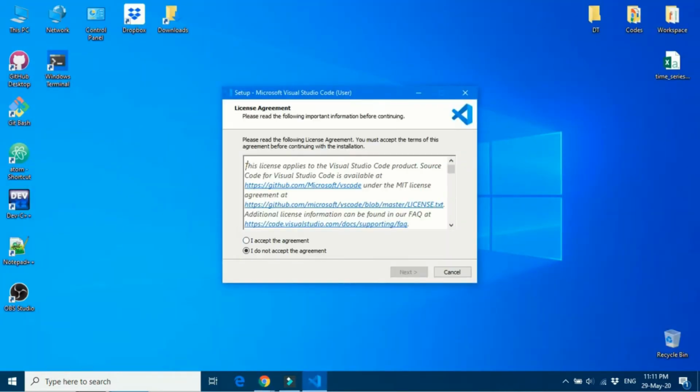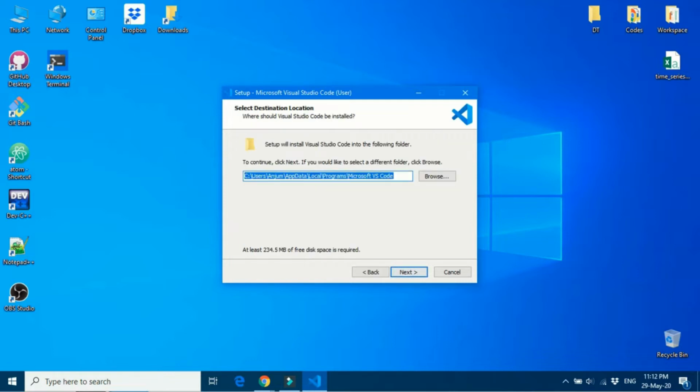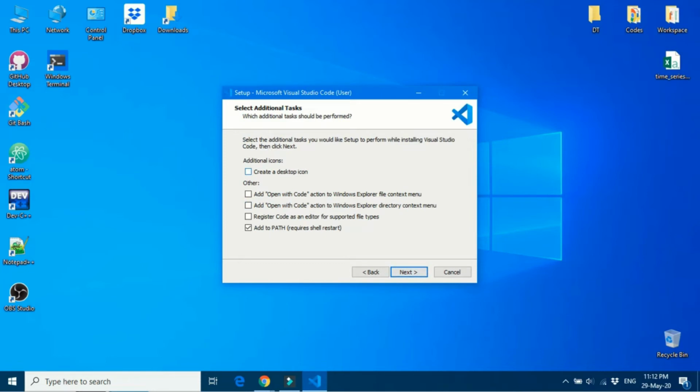Accept terms and conditions and click on next. Select the path to install VS Code or let it remain the same. Click on next. Uncheck if you don't want to create a startup entry. Click on next. Check the first option to create desktop shortcuts. Select the second and third boxes if you want to create its entry in the right click menu to open files and folders directly with VS Code. Select the fourth option so that all associated file types can be opened with VS Code, and select the last option if you want to register VS Code in environment variables so that you can open it with command line and bash etc.